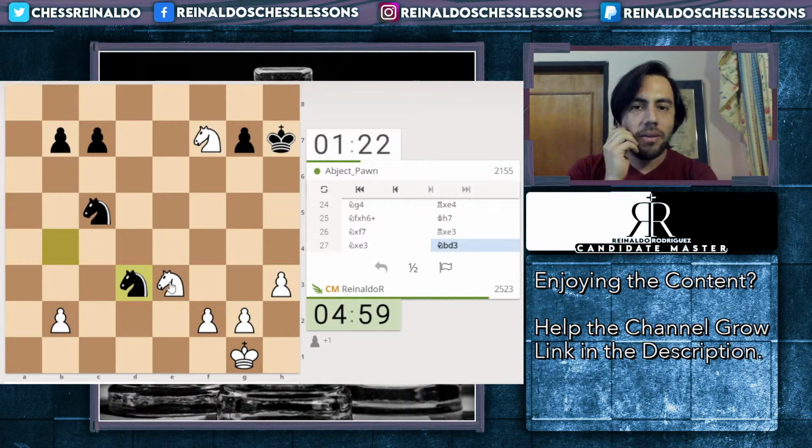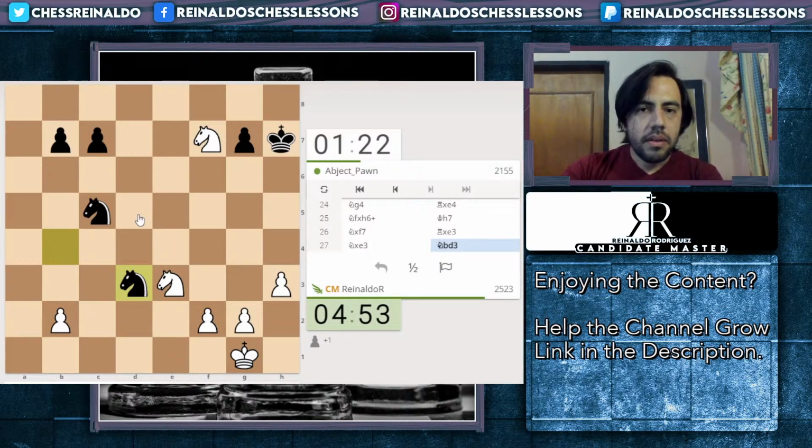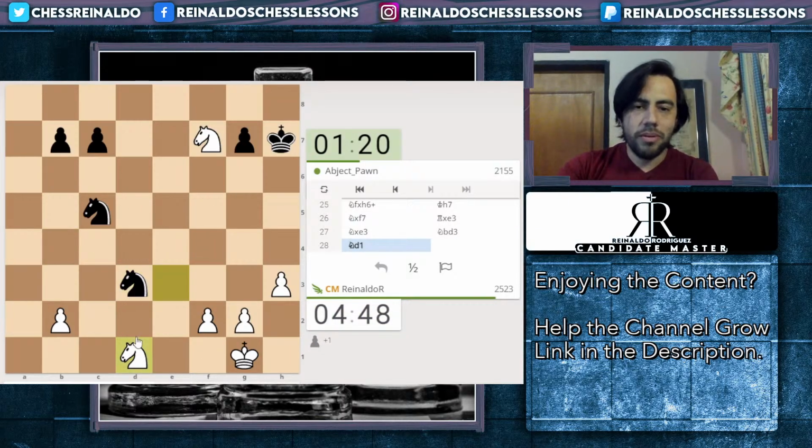I'm not a fan of that. c6, knight c4, b5, knight a3, b4. I'm going to play this move. Horrible move, but